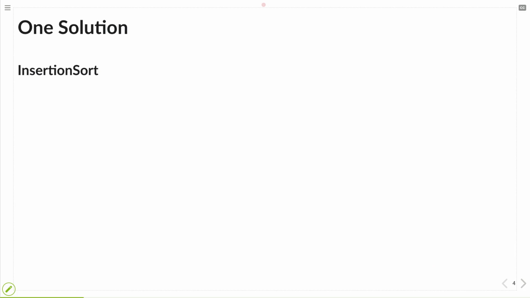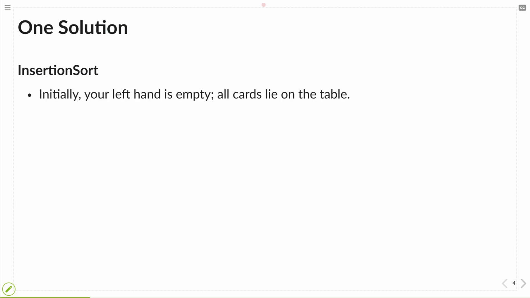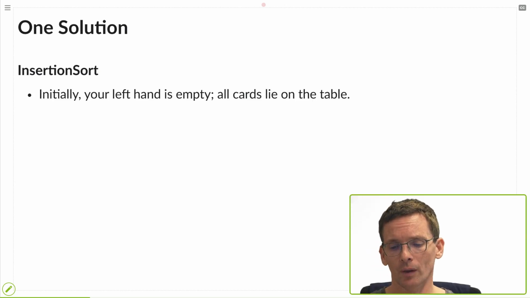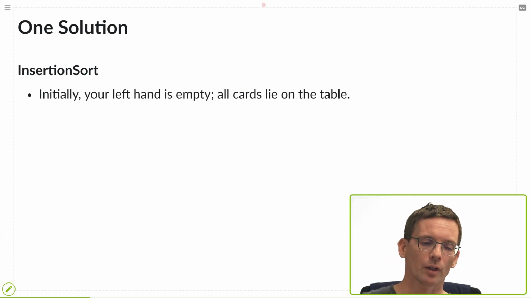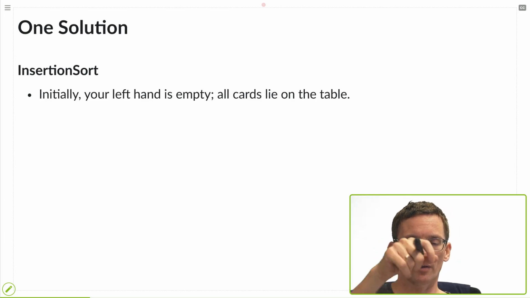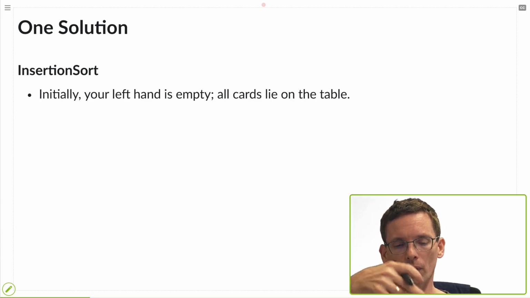Okay, so the intuitive idea behind insertion sort is nicely explained using playing cards. Assume I have cards, and I pick them up one by one. I hold them in the left hand and pick up new ones with the right hand. Every time I pick up a number, I go through the cards in the left hand and position it in the right spot.